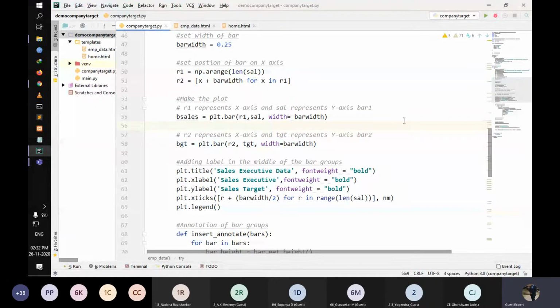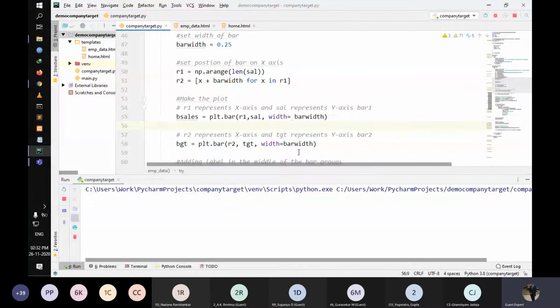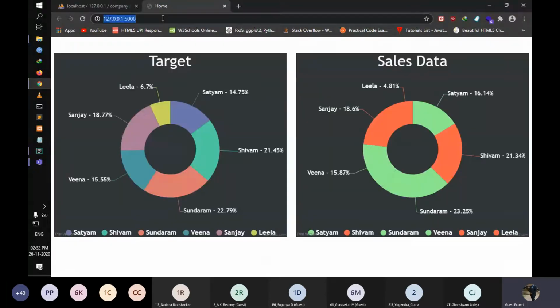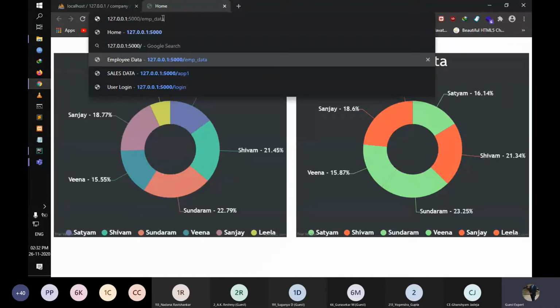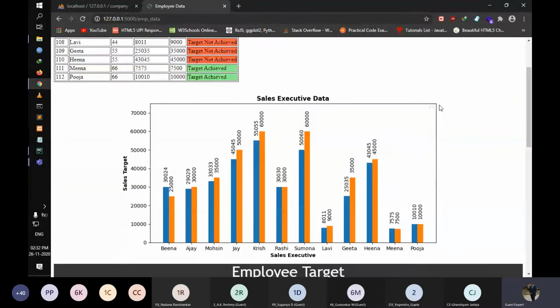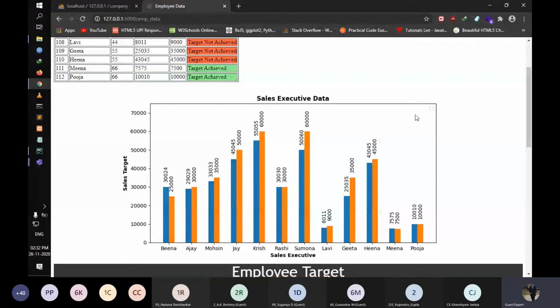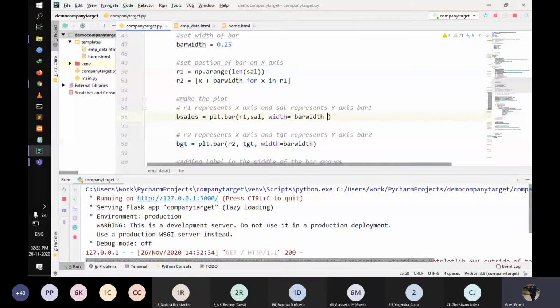Okay, let's continue. There's one thing I missed in the code that I would like to show you again. When we go to the EMP page, as you can see, there's a small box here. That's for the graph legend. I forgot to enter the value for the legend, so I will enter it and you will see the difference. It's the label, and you can enter any value you want.